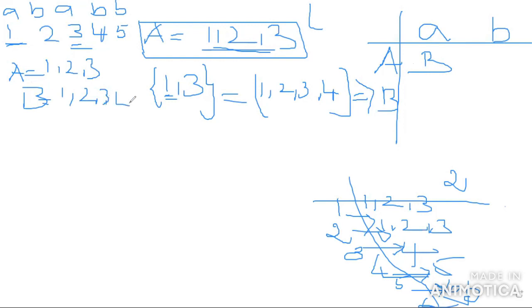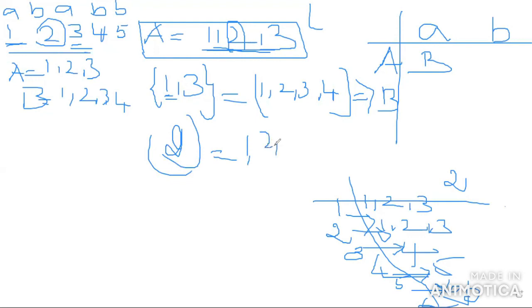Okay. Then next, in the state 1, 2, 3, the position of input symbol B is only 2. Out of 1, 2, 3, only 2 is B. So you can write 2. The follow position of 2 is only 1, 2, 3. What is 1, 2, 3? The 1, 2, 3 is nothing but A. So here you can write A comma B is A. Okay, it's clear. Now you can go to the next steps.